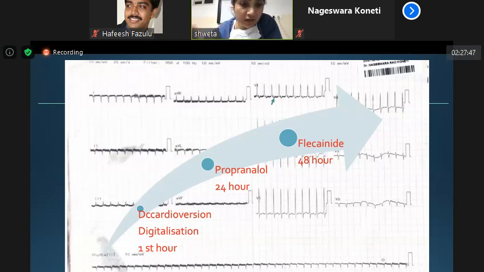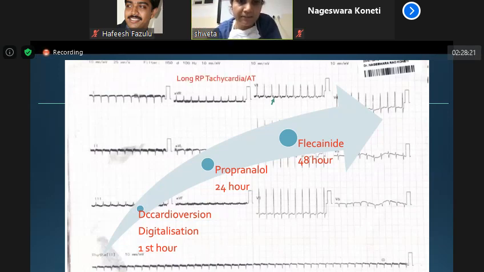Just control of heart rate in this substrate will achieve better ventricular function. You may not achieve sinus rhythm immediately, but control of heart rate is good to achieve hemodynamic stability. So this patient, we started on beta blocker. However, we gave DC cardioversion, but we knew that he's not going to respond to that. Then beta blocker and flecainide. Oral flecainide in newborns has a good conversion rate to sinus rhythm, even in atrial tachycardias. So that's where the flecainide was started.